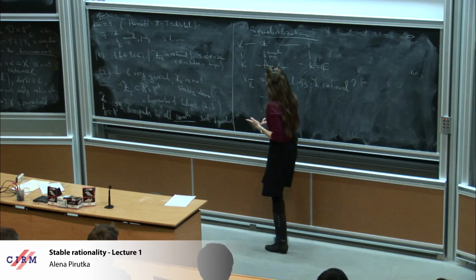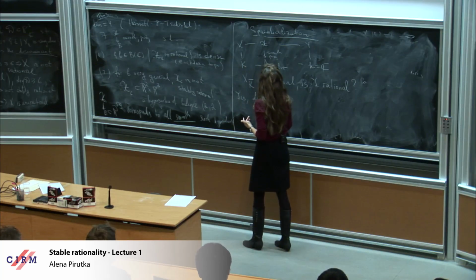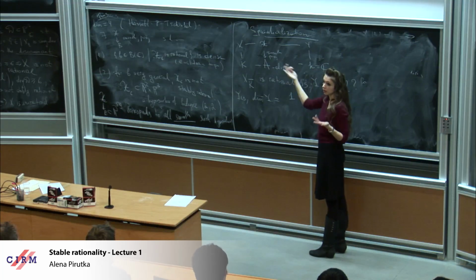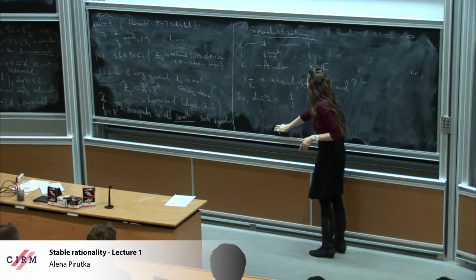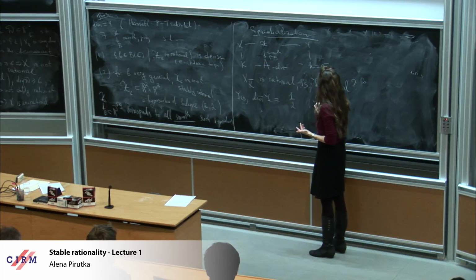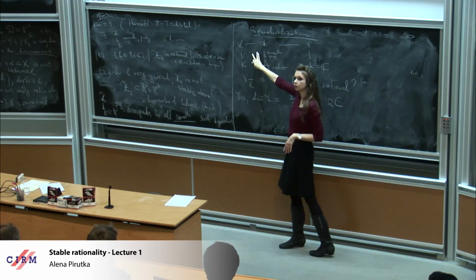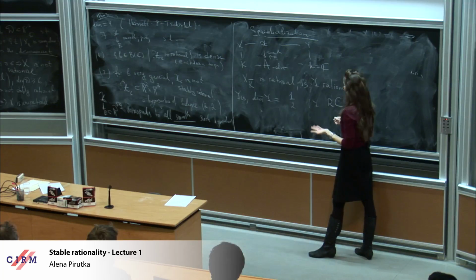Okay. So the answer is yes when the dimension equals 1, right? The projective line specializes onto the projective line. Dimension 2, because Y is going to be rationally connected. A specialization of a rationally connected variety is rationally connected, and it's a surface, so it's rational.